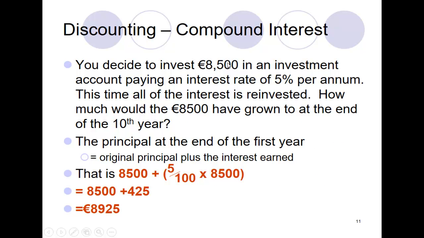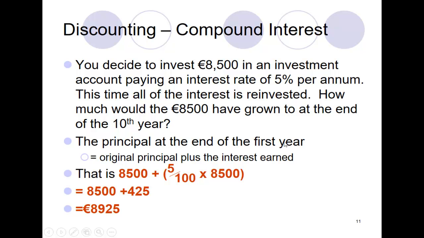You decide to invest 8,500 in an investment account paying an interest rate of 5% per annum. This time all of the interest is reinvested and the interest will gain interest. How much would the 8,500 have grown to at the end of the 10th year? So going back to our original formula,